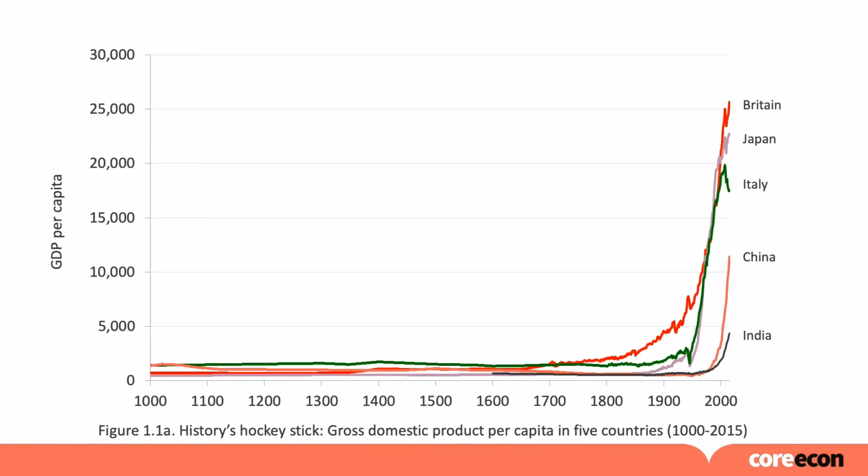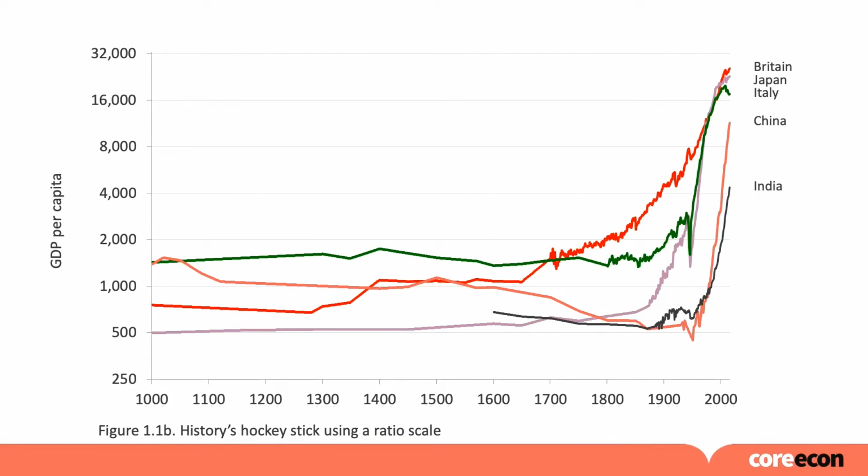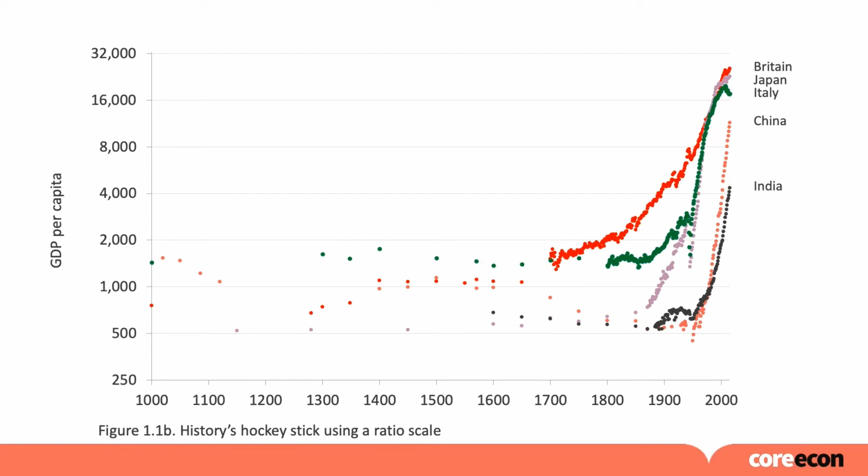CORE also, by introducing students to these hockey stick figures, gets them to understand that we can see data in many different ways. In the first chapter, I show my students how we can see these hockey stick figures on both a standard linear scale, as well as a log scale or a ratio scale, and how the actual curves that we're drawing here are actually a collection of data from precise years. We have, of course, much more data more recently than we have centuries ago.